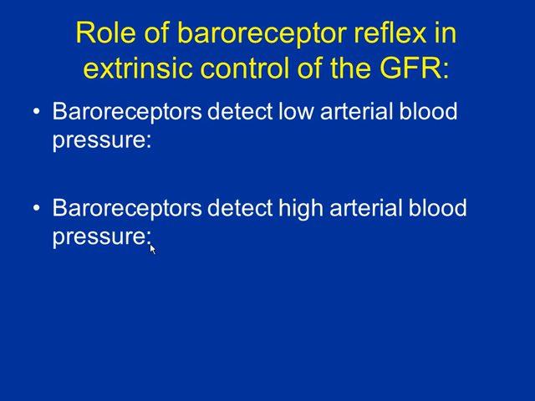So if your baroreceptors detect a low blood pressure, what do you think the nervous system's going to do? If you have a low blood pressure, don't even think about the kidney right now. Think about what you know from the past. If your blood pressure drops, what's your brain going to say? We need to increase the blood pressure, so what's it going to do? Increase what? What system? The sympathetic nervous system. So you want to go back to the things you already know, and this is going to apply to the